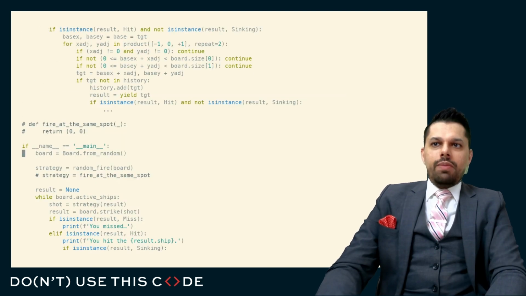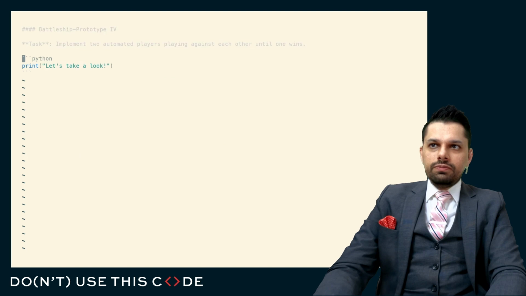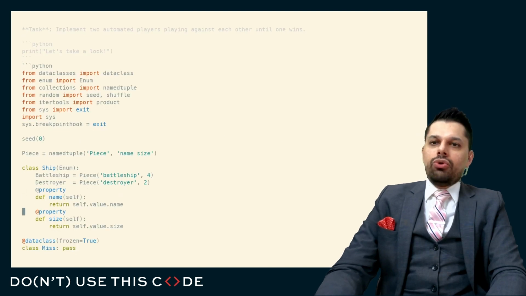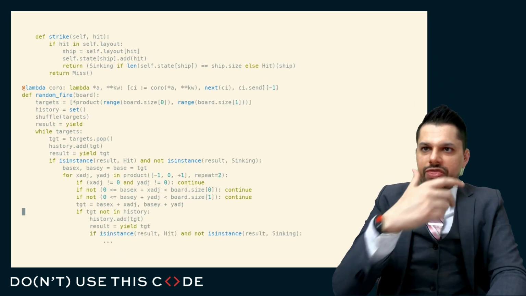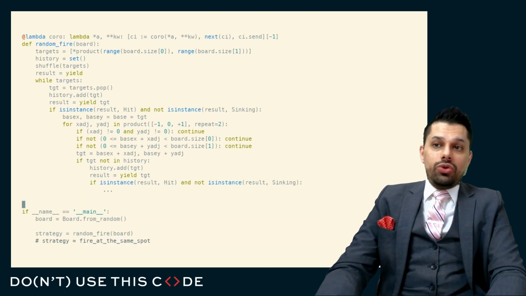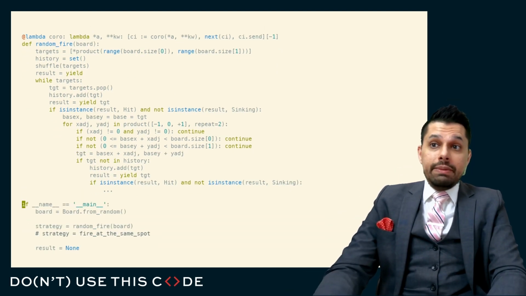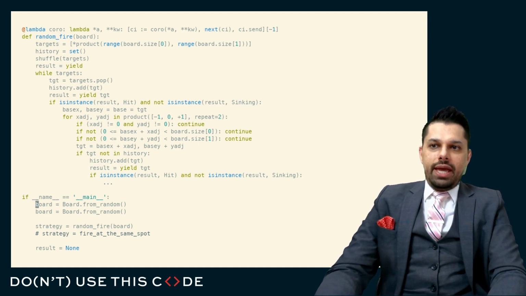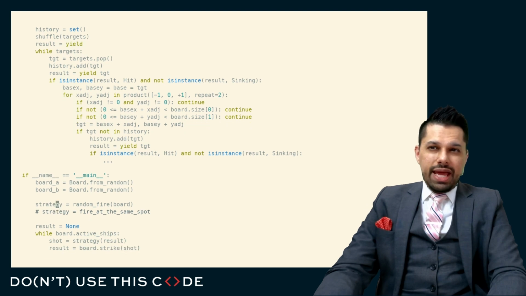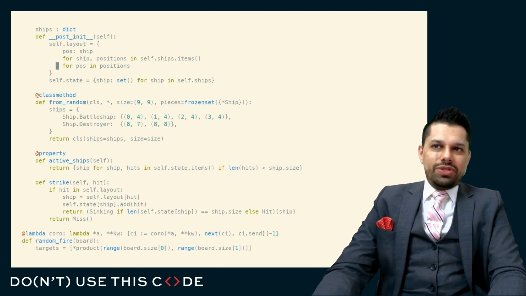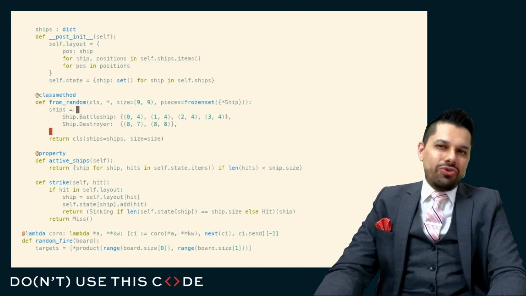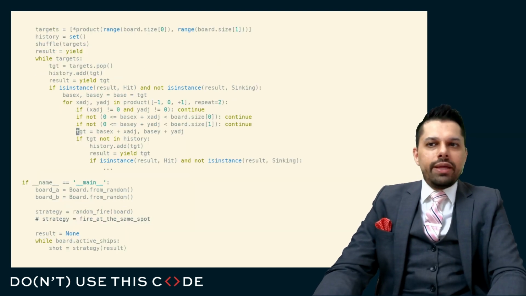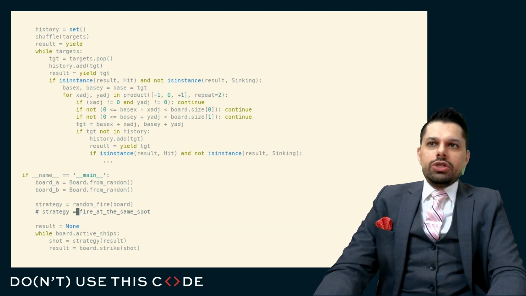So if we start from our previous code, I think that we don't really need to do a whole lot in order to get this working. I think we need to see if the code that we wrote before really matches up to what we need in order to implement the automated game. But I guess if we have board A and board B, and we generate 2 boards, and here is where hard coding the positions is going to be a little bit tricky because both of the boards are going to look the same, but still I think we will find that it won't really meaningfully change the